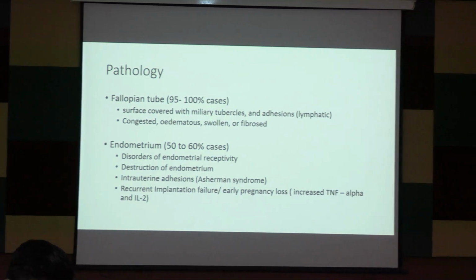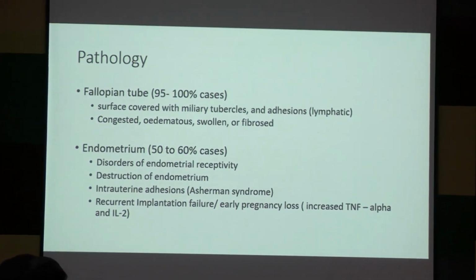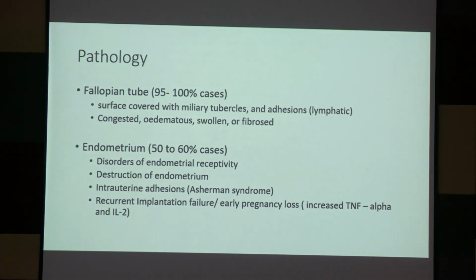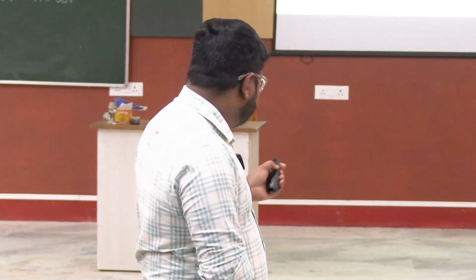Tuberculosis second most commonly affects the endometrium, causing thinning of the endometrium. একদম endometrium thinned out হয়ে যায়, pale grayish color of endometrium thinned out, tubal ostia গুলো block হয়ে যাবে. There is presence of tubercles on the endometrium, and there are adhesions, gross and dense adhesions of the endometrium. Asherman syndrome বলে একটা জিনিস হয়। Anybody's heard of Asherman syndrome? Asherman's is a disease where there is complete obliteration of the uterine cavity. Anterior and posterior wall adhesion হয়, সেটা আটকে যাচ্ছে। That is called Asherman syndrome. Tuberculosis is a prime cause of Asherman syndrome.